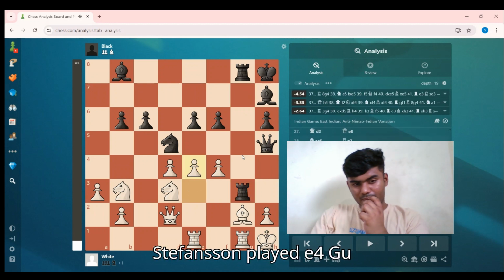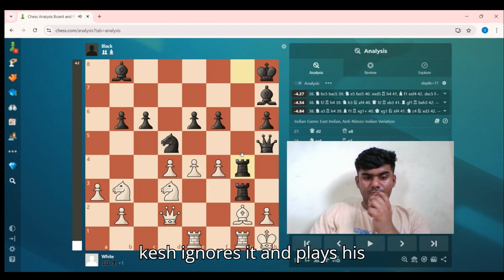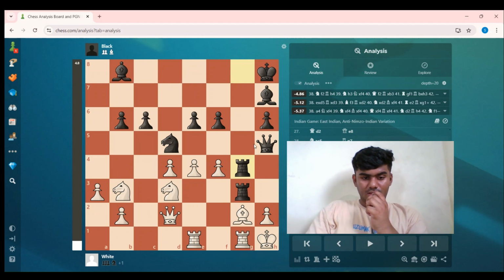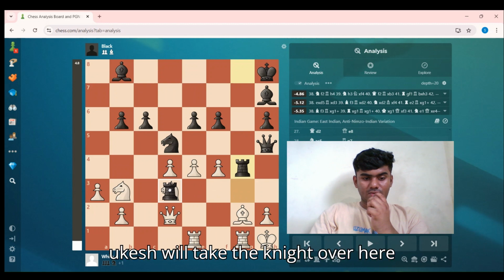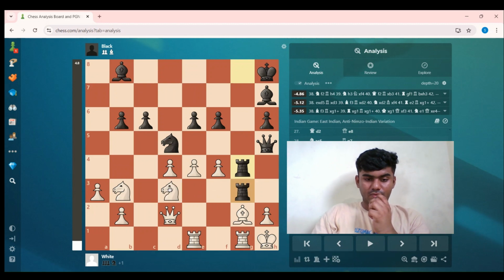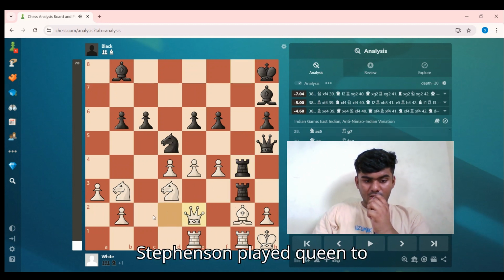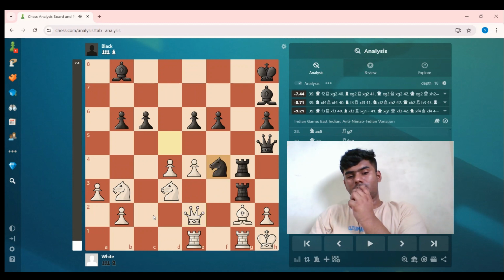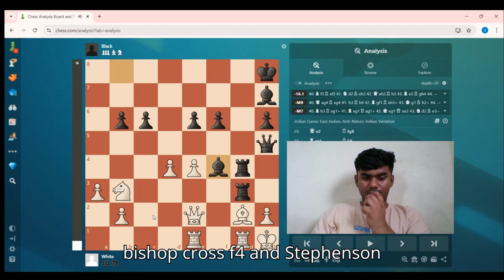Stefansson played e4. Gukesh ignores it and plays his rook to g4. If he takes the knight, Gukesh will take the knight over here with the rook. So that's why Stefansson played Queen to e2. And now Gukesh captures the pawn on f4, Knight takes f4, Bishop takes f4, and